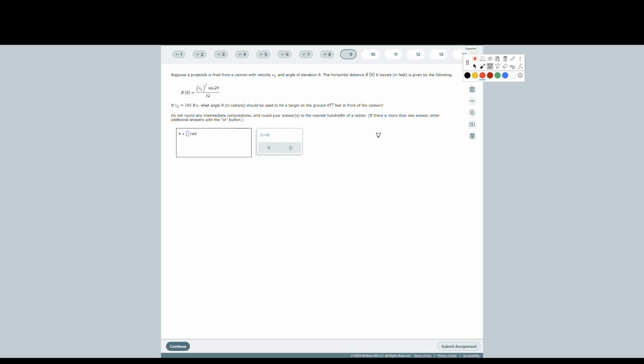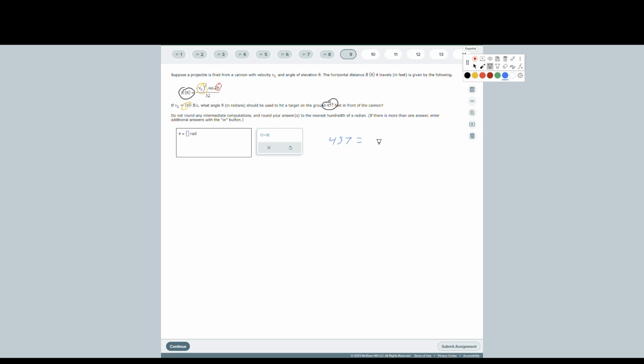Alright, so this is the first point on this review in which we have to do actual math. And so this question 9 has frustrated me time and time again because there's little nuances that you have to remember that I've had to make sense to me myself. And so all we have to do is plug in the information we have, and we're looking for angle theta right here. And so we're going to plug in 457 right here, and then we're going to plug in the 160 right here,